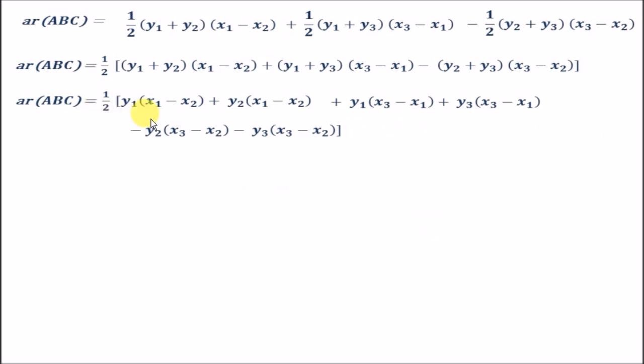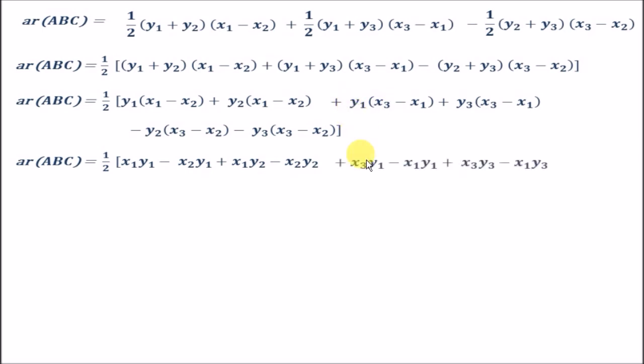Now half into x1 into y1, x1 y1, plus into minus, minus x2 into y1, x2 y1, plus x1 into y2, plus x1 y2, plus into minus, minus x2 into y2, minus x2 y2, plus x3 into y1, plus x3 y1, plus into minus, minus x1 into y1, minus x1 y1, plus into plus, plus x3 into y3, plus x3 y3, plus into minus, minus x1 into y3, minus x1 y3,